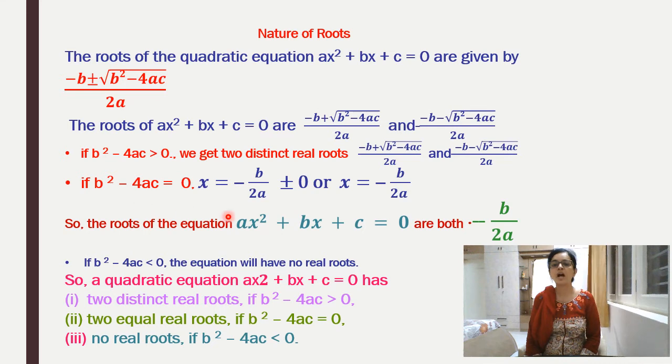Then the roots are equal, because it is a quadratic equation, therefore it will have two roots, but both the roots will be equal in the second case. And what about the third case? The third case is about the discriminant being less than 0. It means if you are having the value of b squared minus 4ac is equal to negative, any negative value, then you will not have any real roots. So these are the three cases, and based on these three cases, we will do the sums.